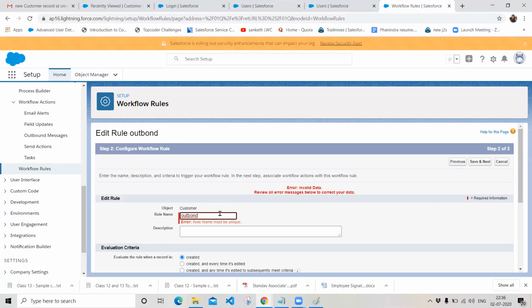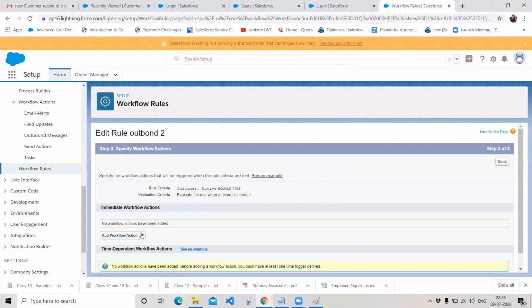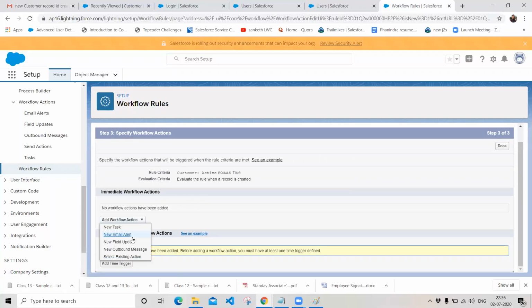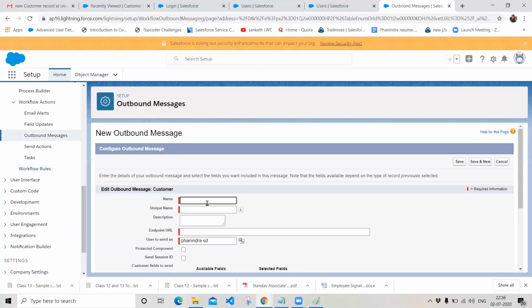Okay, since we have created one rule called outbound, it is giving us an error message with the same name. You cannot create another workflow rule. Click on the new outbound message and define the name of your outbound message, SAP system, and this is the end.